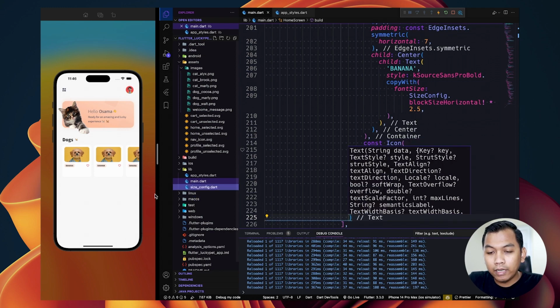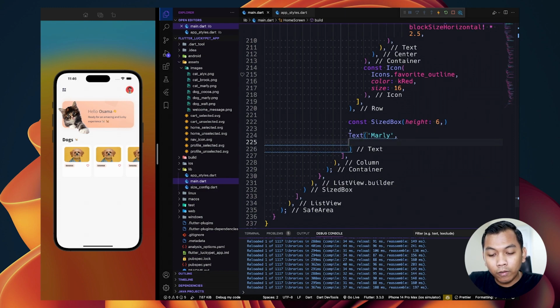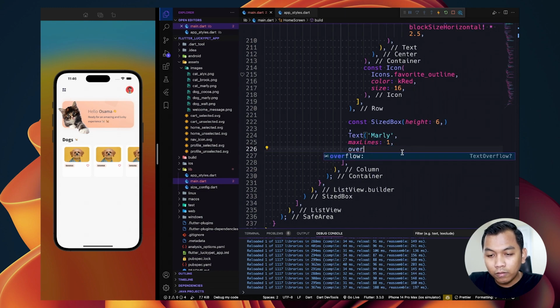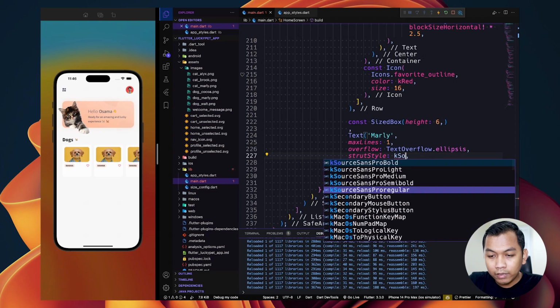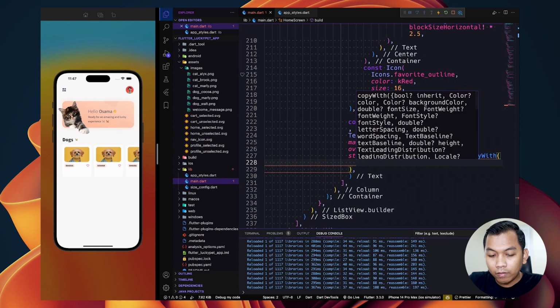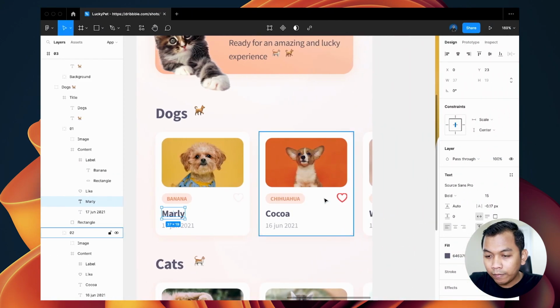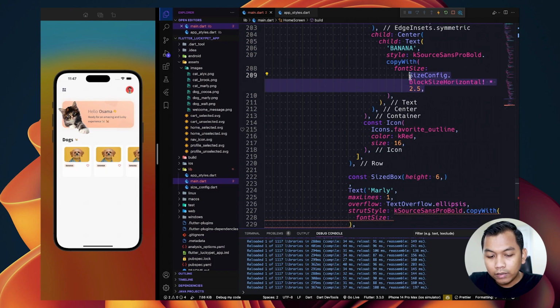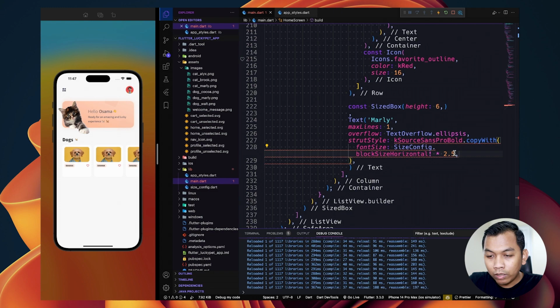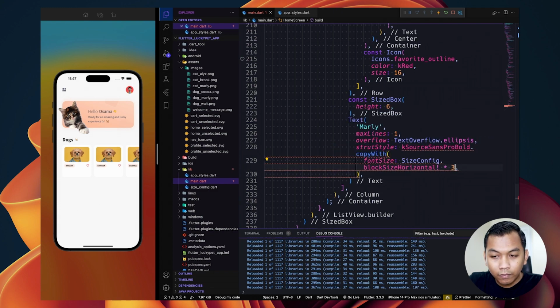And to avoid overflow, let's set maximum lines to 1, and when overflow we will say ellipsis. And for the style, it will be bold. Change the font size to, copy this, paste here, so it will be, let's say 3. And we have an error here, style.